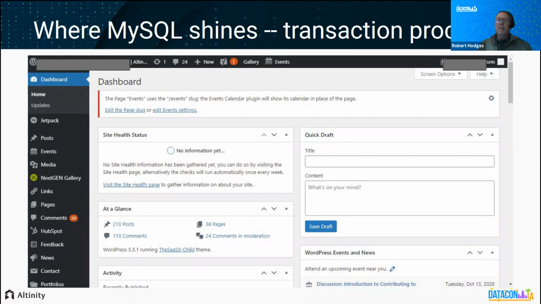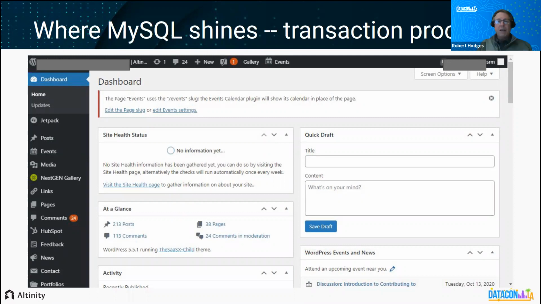And MySQL just shines for this. WordPress has a lot of little related bits of information. Consistency is really important. When people are hitting the website, you need to serve it. You need to go into MySQL, do quick queries so that you can build the pages and serve them up quickly. MySQL is excellent for this. And in fact, WordPress was one of the big drivers of MySQL adoption, because when it was originally written, it needed to have a database. They picked MySQL, and it just ran, it would work with MySQL out of the box. And so as a